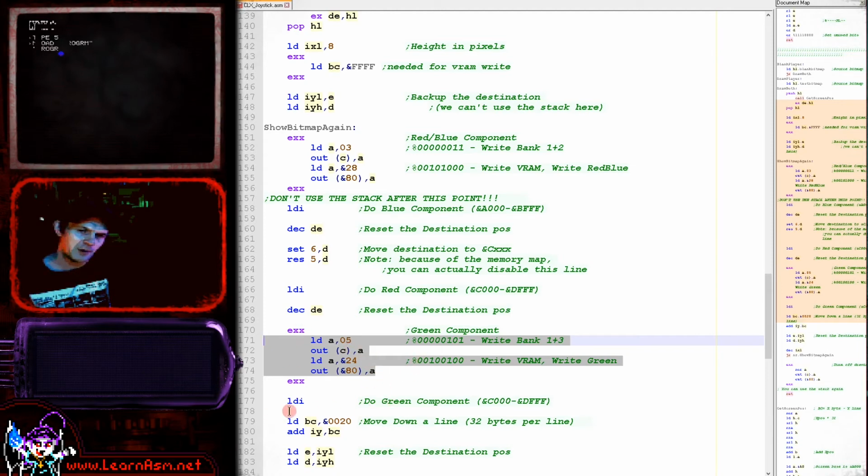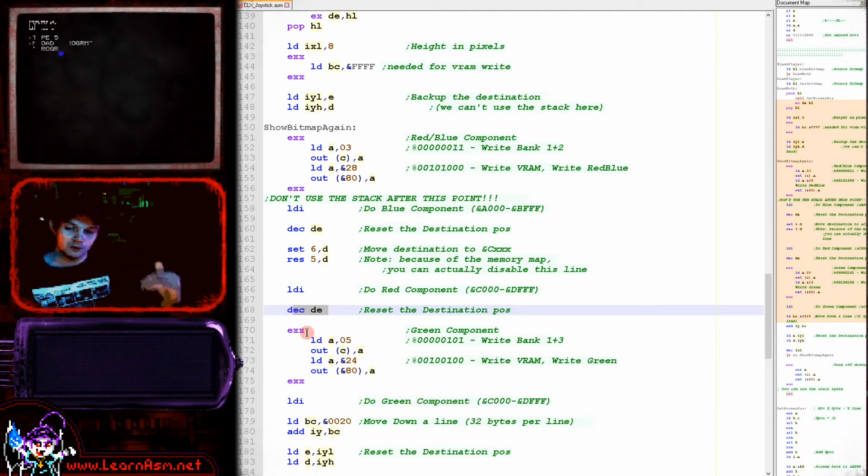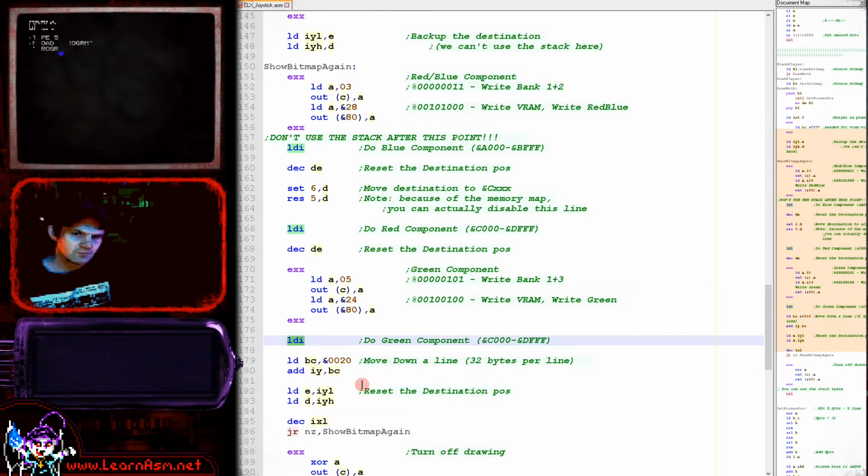So we page in the green bit plane, and we're writing again to the C000 range. That alternate green bit plane's in the A000 range, and we use LDI again, but this time we don't decrease DE because we do actually want to move to the next byte along the screen, for if we were writing a multi-byte sprite, which we did do in the platform specific series. So we page in our green bit plane and we write the next byte again,